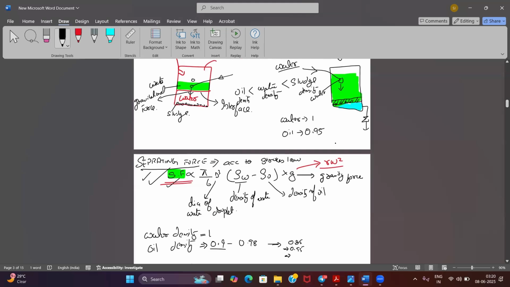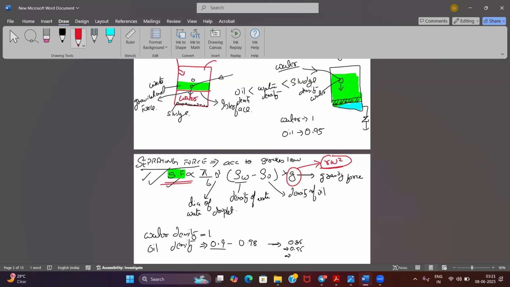In the case of purifiers, this separation gravitational force, which is over here, is replaced by centrifugal force, that is r omega square. Okay, in case of purifier. But right now, what we are discussing is gravitational separation. So right now, it will be gravity force acting on that water molecule. So separation force is pi by 6 d squared, where d is the diameter of the water droplet, okay, and the density difference. Okay, this density difference is very important. The density of water minus the density of oil